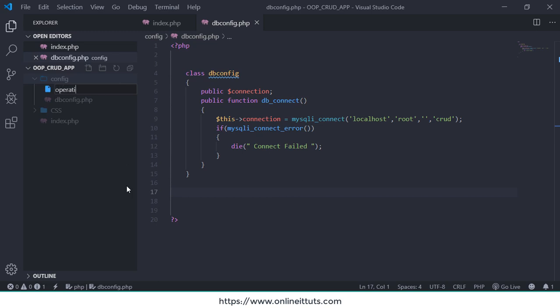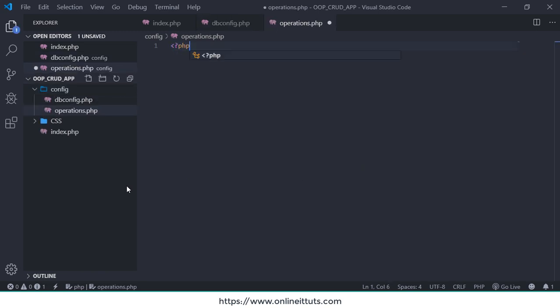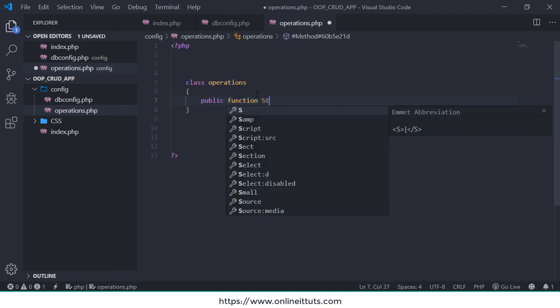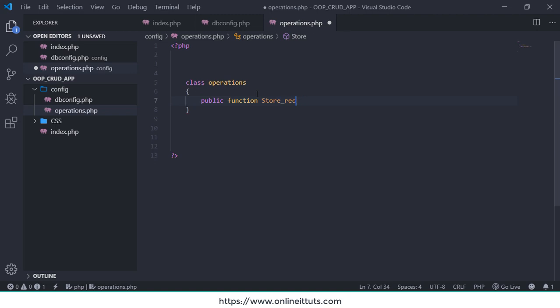another file inside the config folder, operations.php. Inside this file, class operations. Inside this class I will use functions that will help you to perform operations like insert, update, delete, view, right? So first of all, we need to make a function to store the record inside our database. So I'm going to write public function store_record. This is my function that will help you to store the record inside the database,